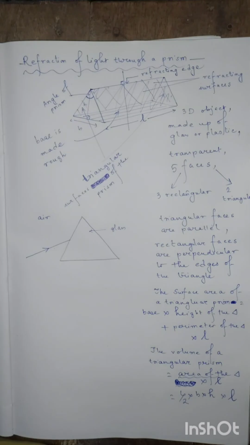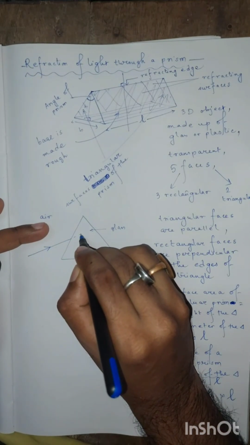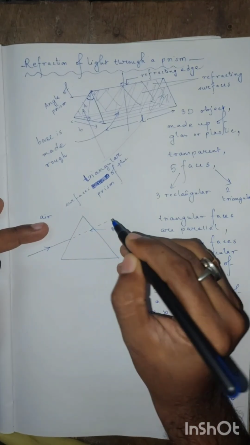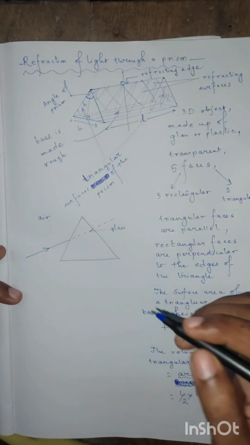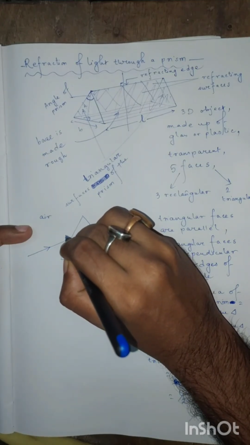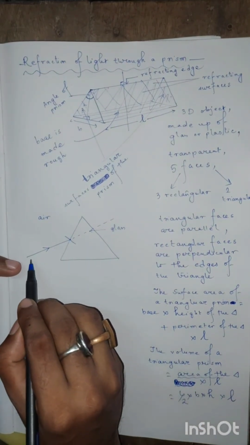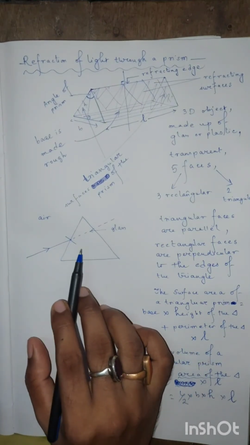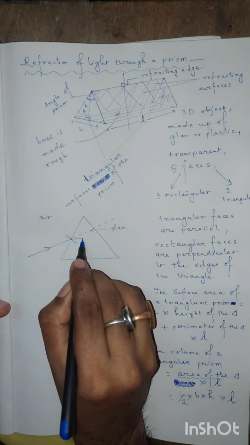The ray should go in this direction when the prism is absent, but the prism will bend it. Let us consider a perpendicular at the point of incidence, a normal at the point of incidence. When the light ray travels from a rarer to a denser medium, it bends towards the perpendicular. So the light ray will go like this,